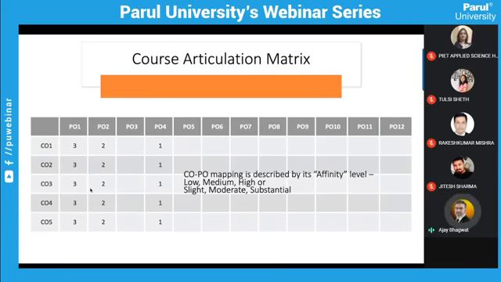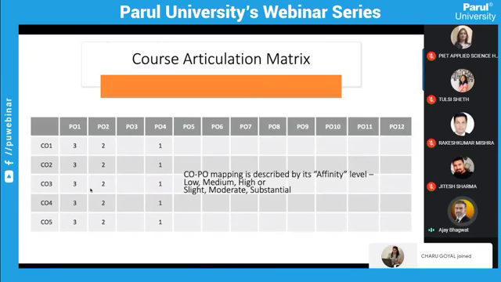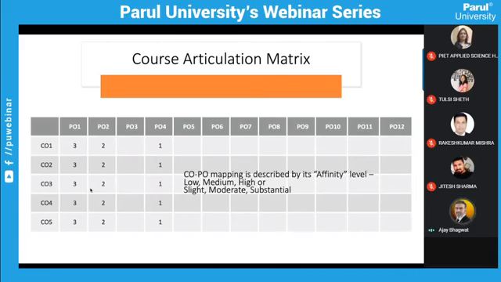And again here, since this simple thought is not applied in creating the course articulation matrix, mapping is given randomly anywhere, and as I said many times, all the COs are mapped with all the POs, which is an impossible thing to achieve. Just 5 minutes of thought can be given to arrive at a very logically created matrix of relationship between the COs and the POs.